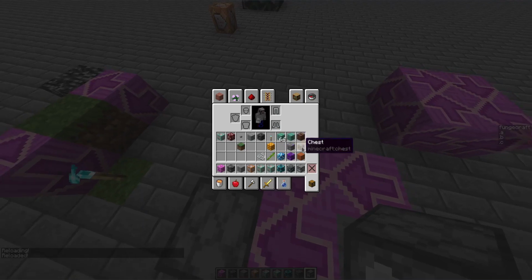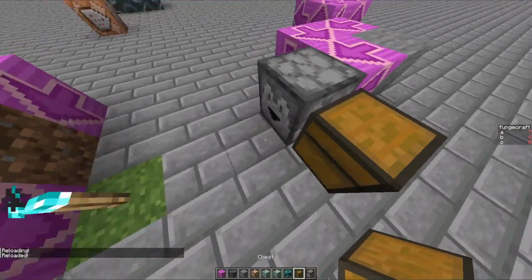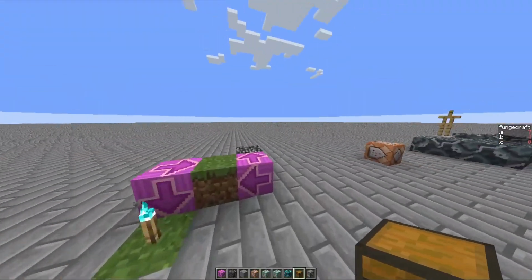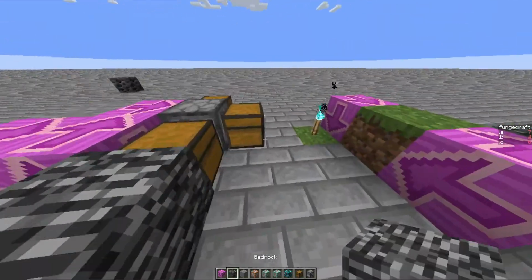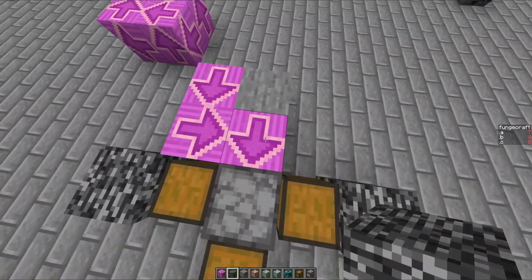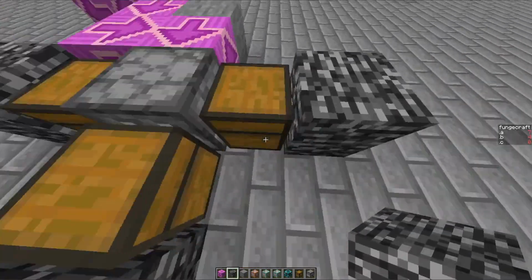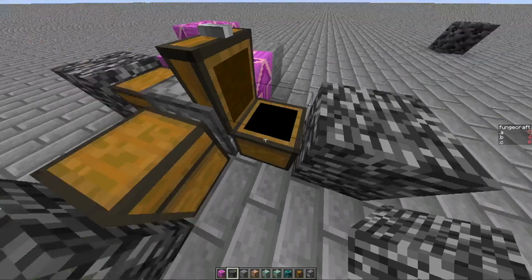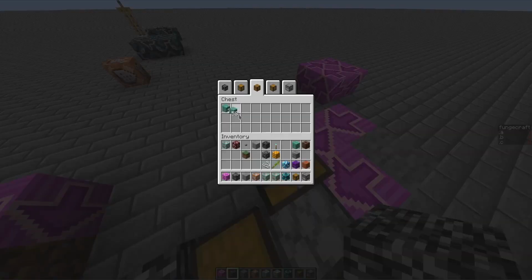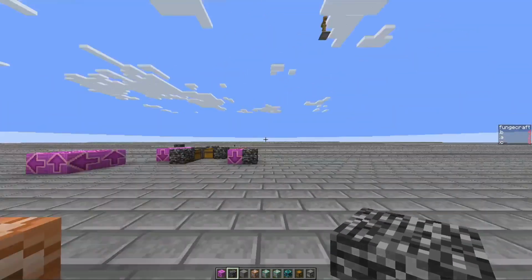Then what we should do is we have chests in different directions and then bedrock at the end. If it goes into this direction, it will just go back into the dropper, and if it goes into any of these, it will put either 1, 2, or 3. So now,